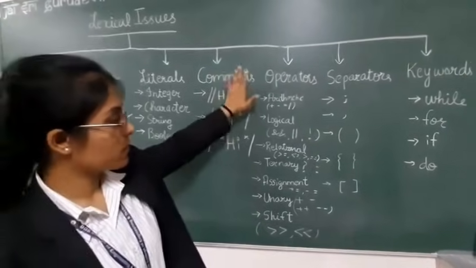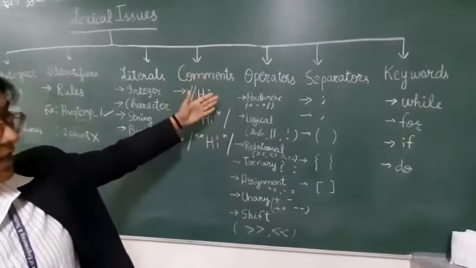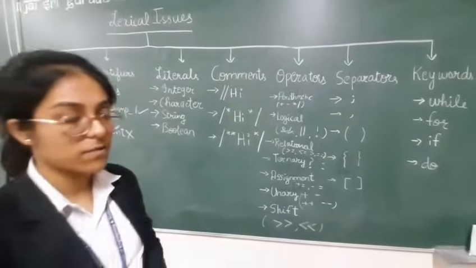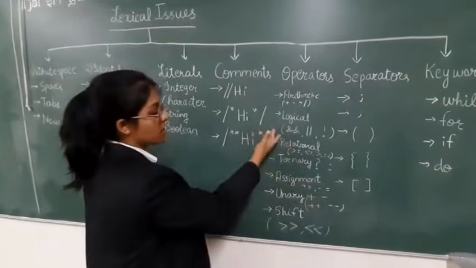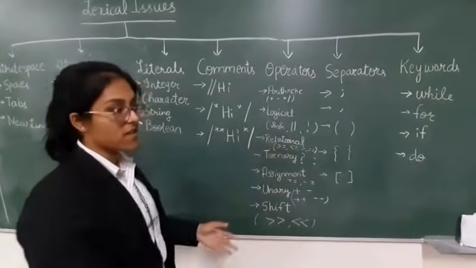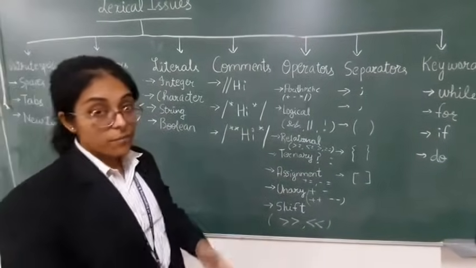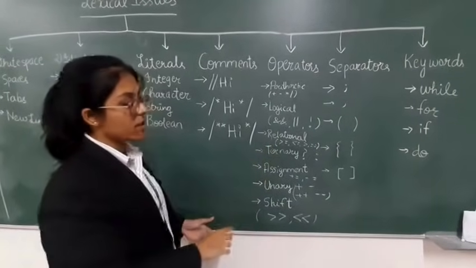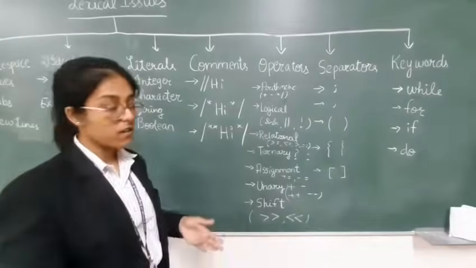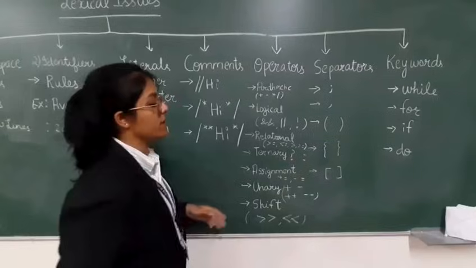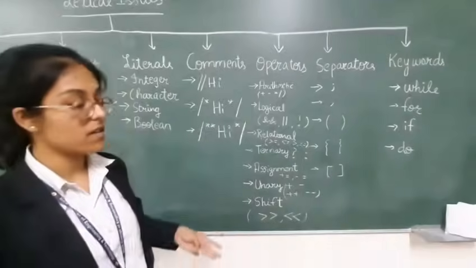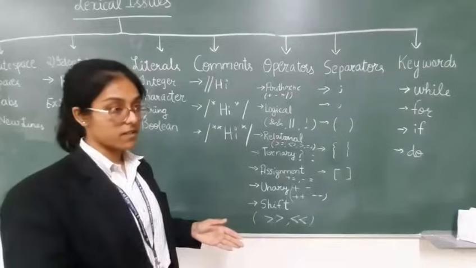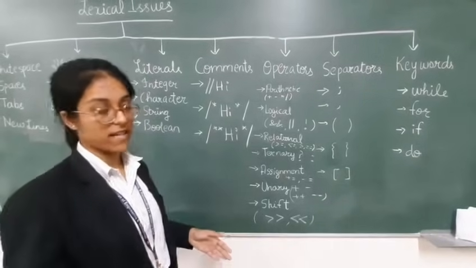We now come to the main topic, that's operators. Arithmetic operators like addition, subtraction, multiplication, division. Logical operators, they are used to compare certain conditions or numbers for a specific value. Relational is again to check if both the conditions are equal, like double equals to. Ternary uses 3 operands, that is, if the condition is true, it will go to the first case.